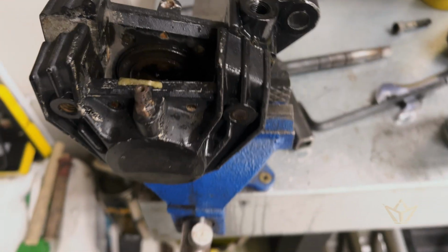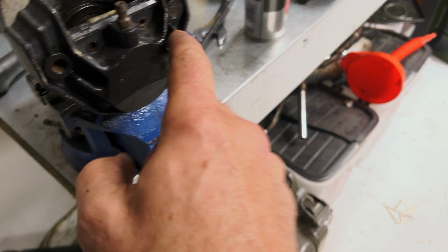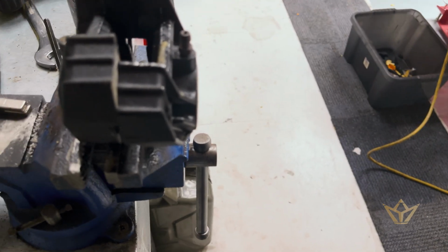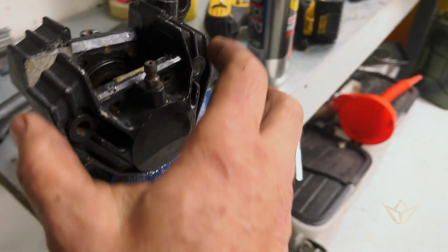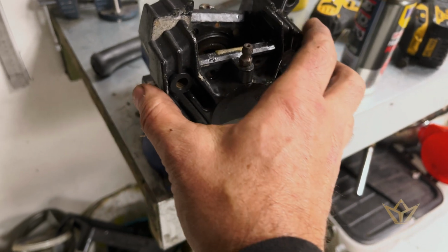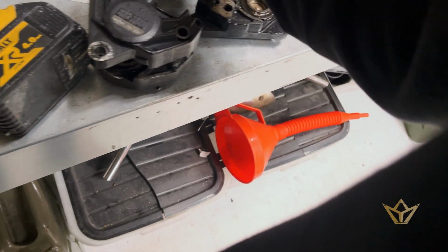Right, this is the state of play. This bolt will not come out for love nor money. I've heated this extensively. I'm not quite sure what I'm going to do. I managed to get the caliper to move slightly. I've just got to figure a way. The only thing I can do now is to...